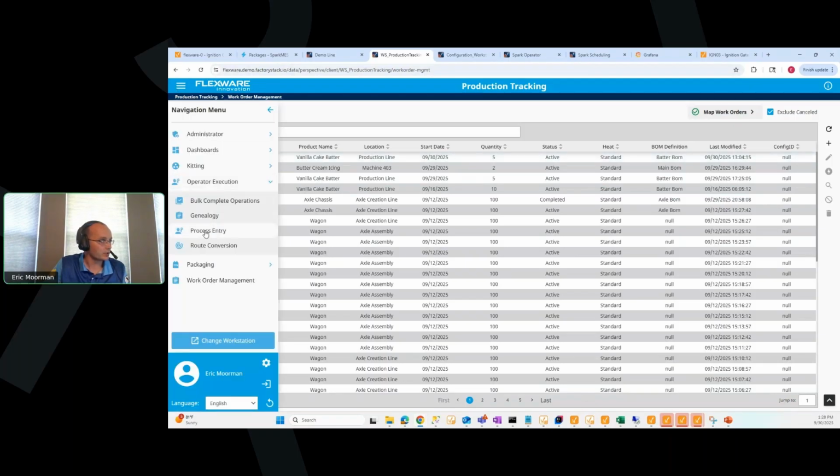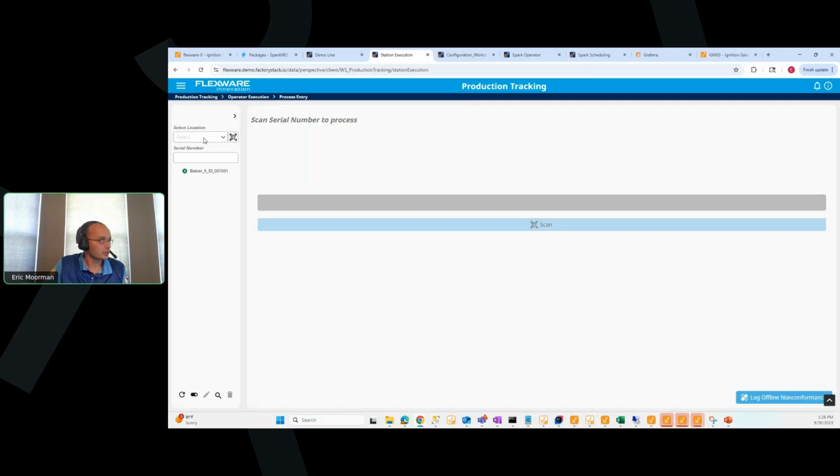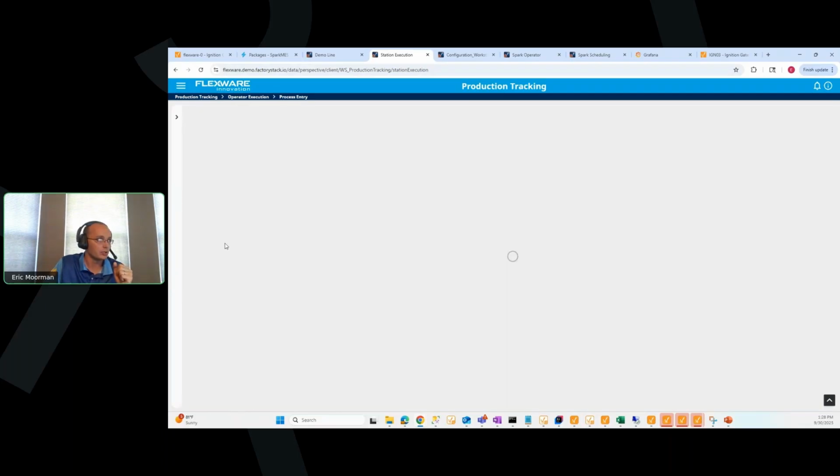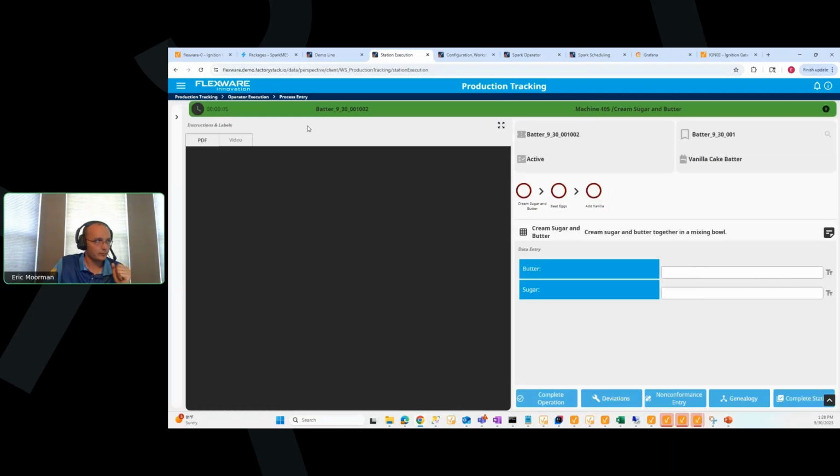So once I made that order, I can go to our process entry screen. And our process entry screen is the most customized screen in the system. But what you're going to see here, again, fully customizable. It would be modified to match whatever your current screens look like or however your operators work. But to give you an idea of some things that we can show on the process entry screen,